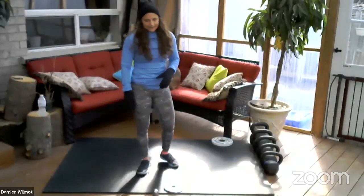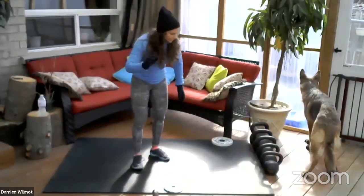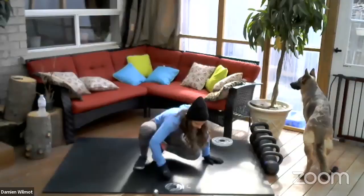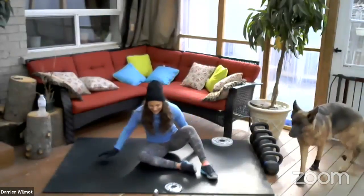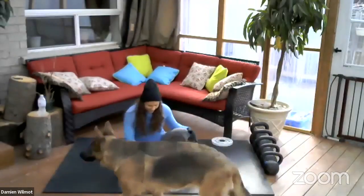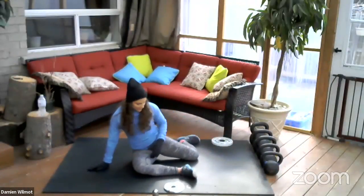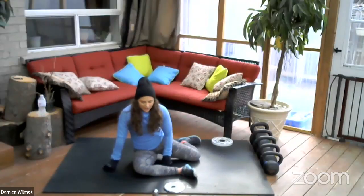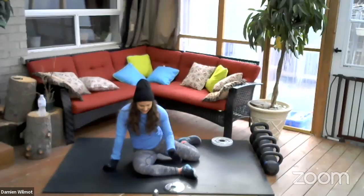Okay, let us stretch out those hips and let us stretch out your butt. So we're getting onto the floor. We're going to start with the 90-90 stretch. So one of our legs in front of us in that right angle and the back leg behind us also in that right angle. To deepen the stretch of the front leg, you can always maneuver the knee into different